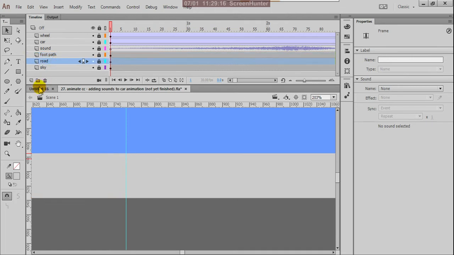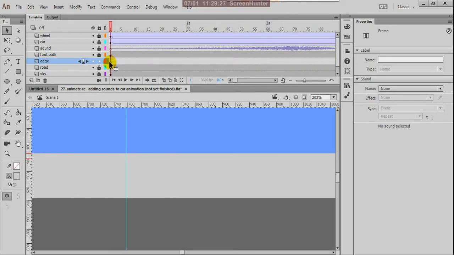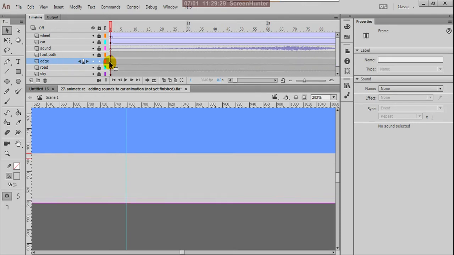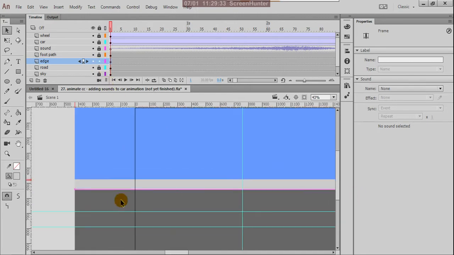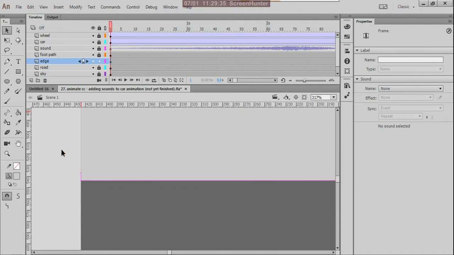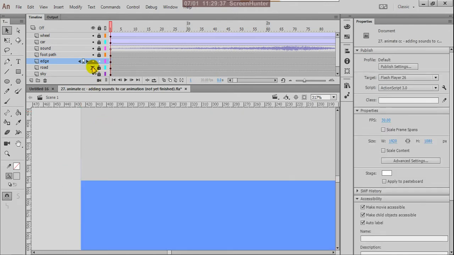Below this layer you can create one more layer, the footpath edge. Then Control Shift V. Here I want to fill colors, yellow and some black.